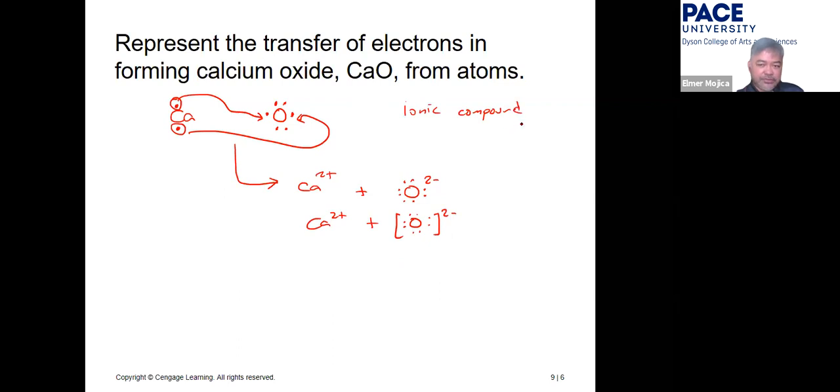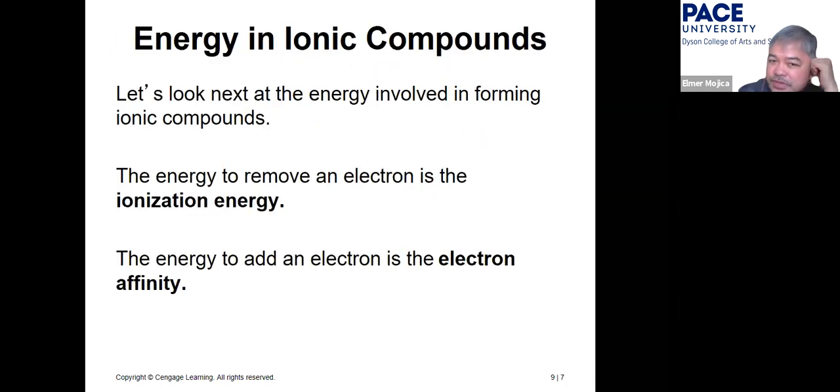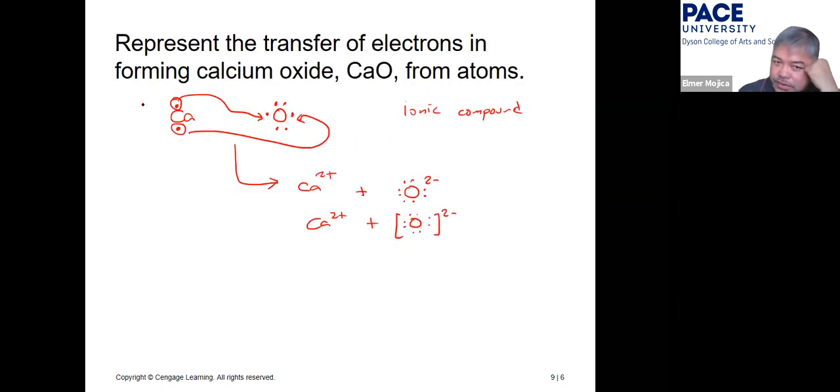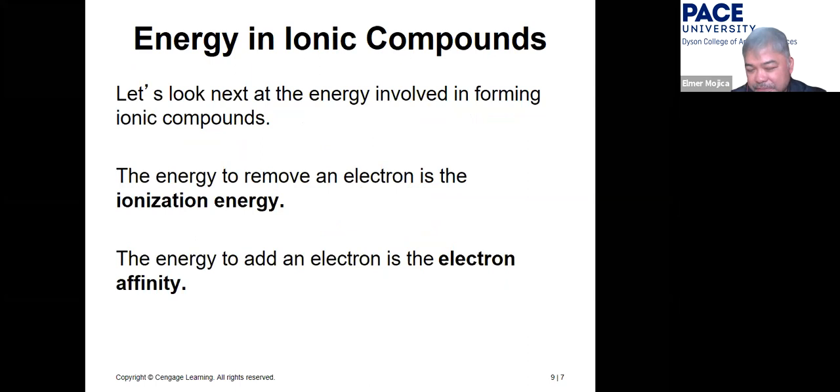Now, let's look at the energetics. Okay, there is energy that we call accompanying these changes that we have. Although the main topic or basis for that discussion will be on chapter 6, our last chapter. Let's see how the energy is involved in this transformation. Okay, so remember, to remove this electron, there's an energy associated to that, and that is your ionization energy, which